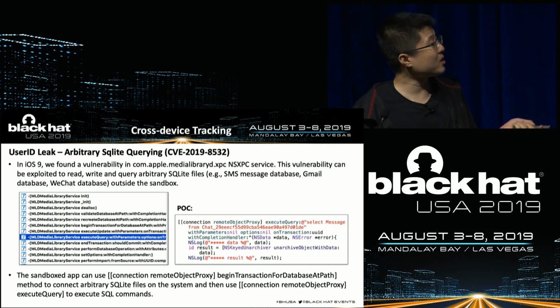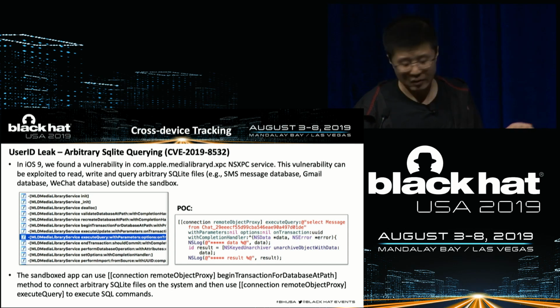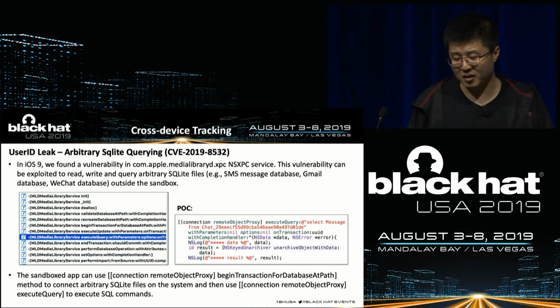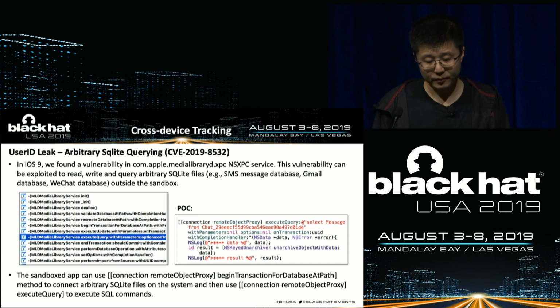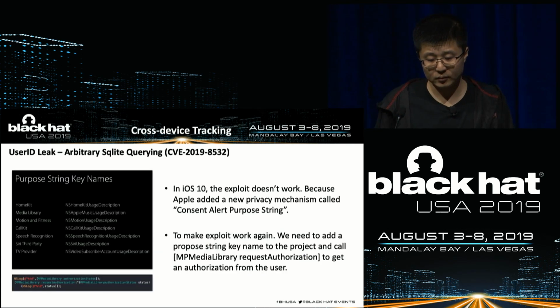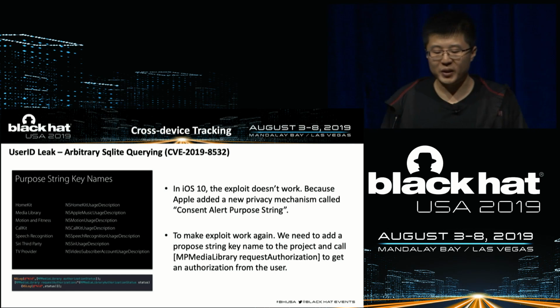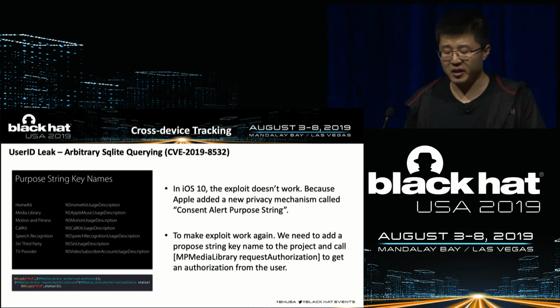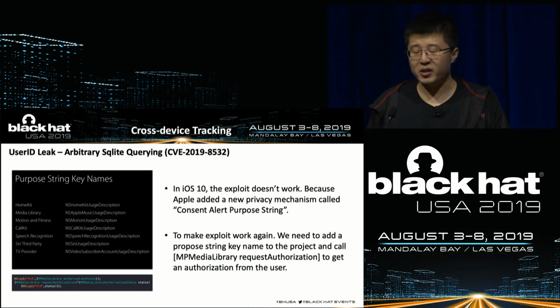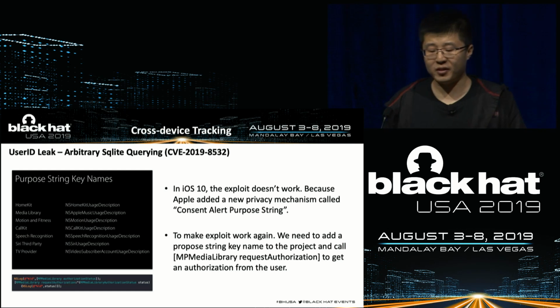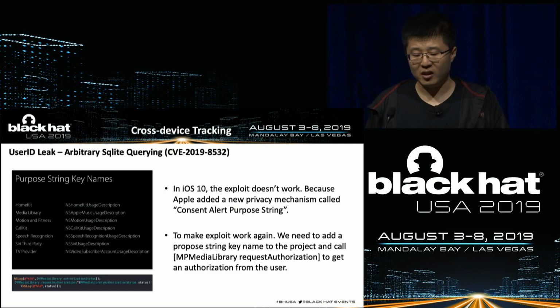Here is the POC of the SQLite query. But in iOS 10, this exploit doesn't work because Apple added a new privacy mechanism called the consent alert purpose string.